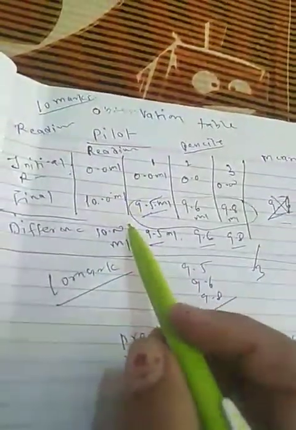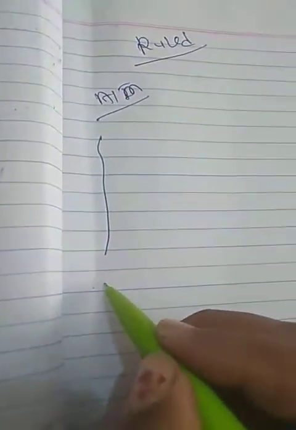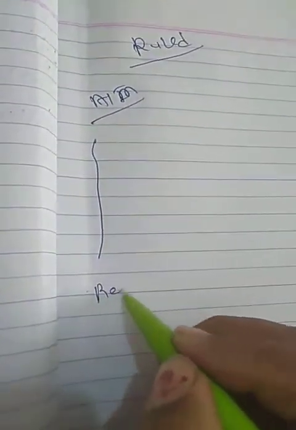Okay. After writing the aim, burette, pipette, then you have to make the observation table. See, students, I told you to take the manual. One side is ruled and one side is plain. On the ruled side you wrote the aim, then these 4 points, burette and all. Then one more point, that is our reaction. Okay, what is the reaction?